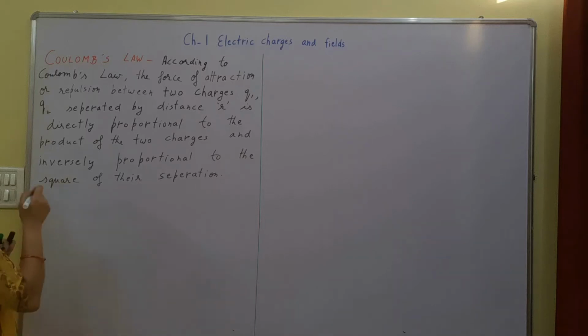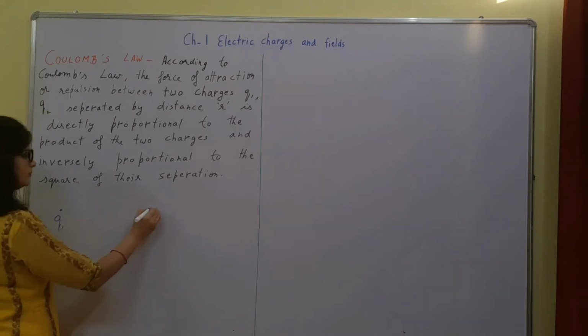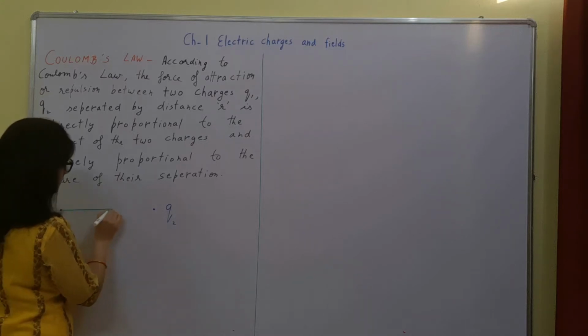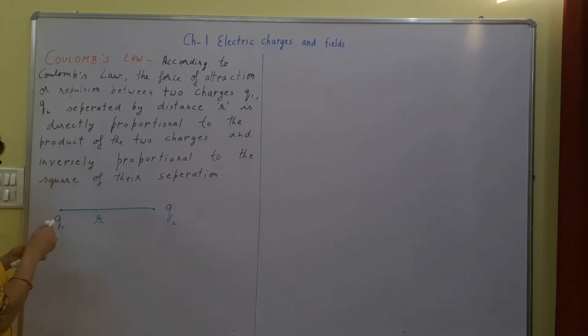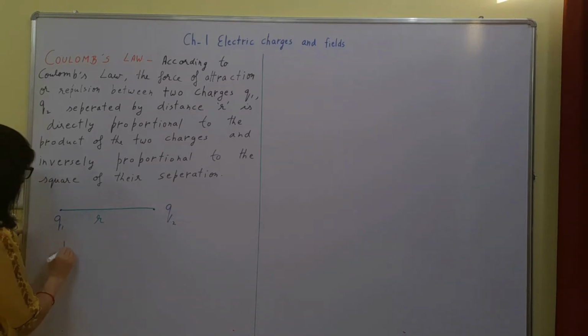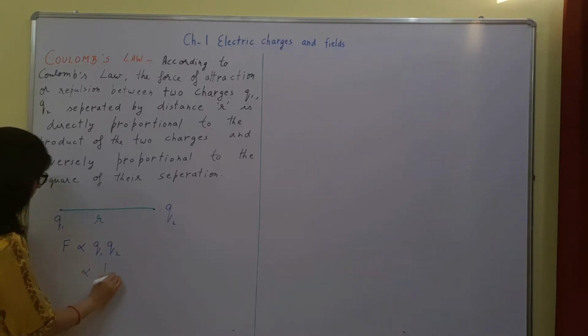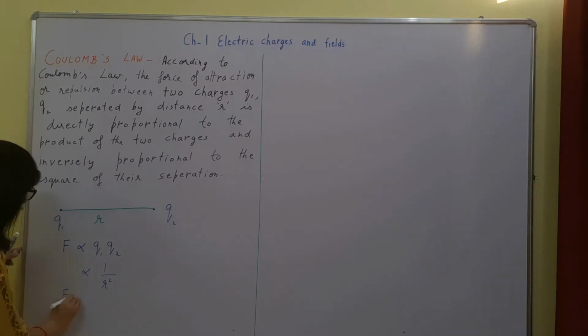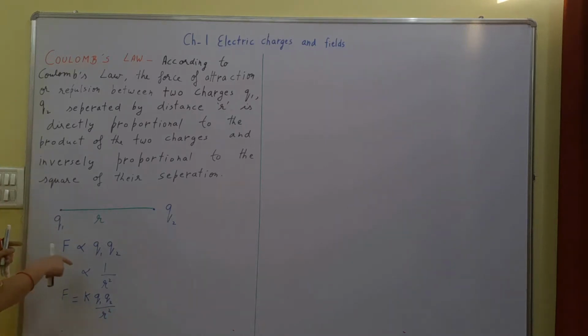What does that mean? Let's draw the diagram. If we have a charge Q1, Q2, and if these are separated by distance r, on combining, we can replace this proportionality sign by constant of proportionality k, and this can be written like this,